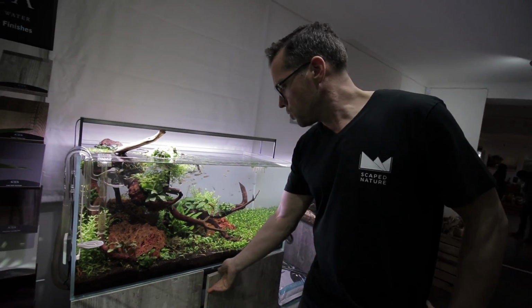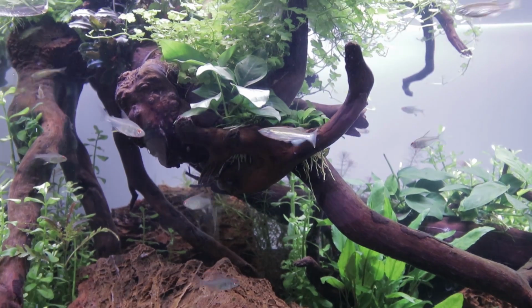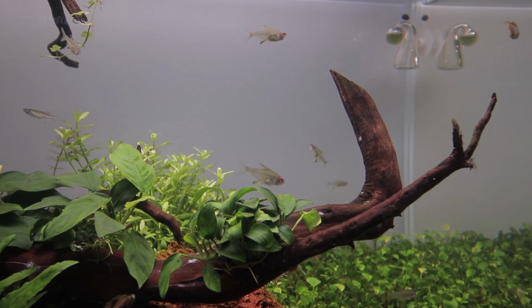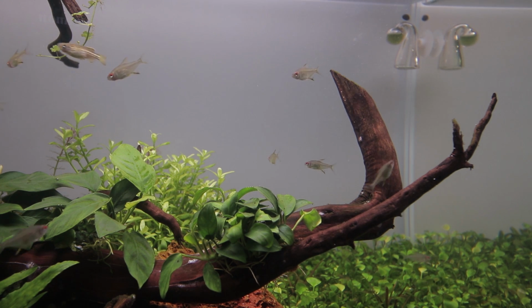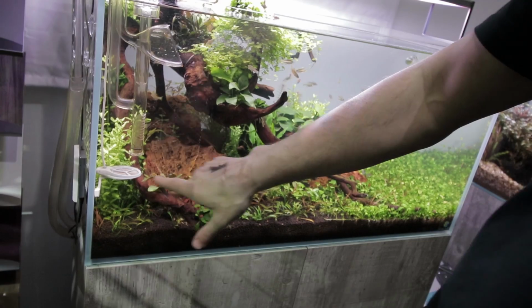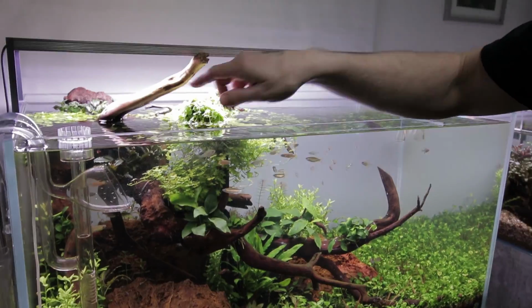Pressurised CO2 inline. And tropical soil, we've got red maple leaf stone or rock here, which is quite high impact. We wanted to have a distinctive different style in each of the scapes, so we've gone for using different materials, different plants, different fish, to give the customers the best spectrum possible in terms of what they can achieve. Marsilea hirsuta foreground, different crypts here, Albida, brown, parva, Staurogyne repens, Lagenandra boivinii, Bacopa compact, Hydrocotyle tripartita, Anubias